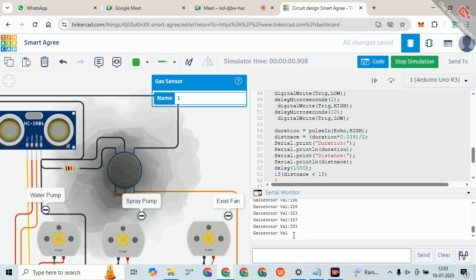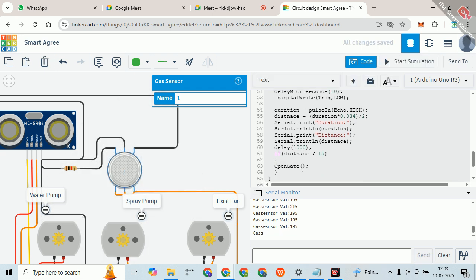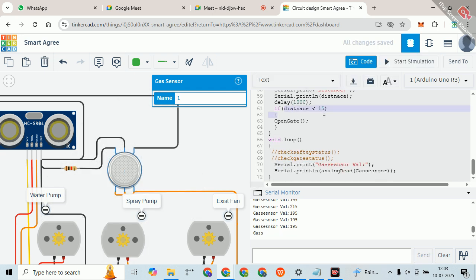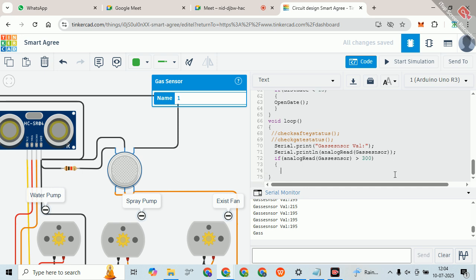The highest value we are getting is 333, 355. Just wait for some time, it will get stabilized. Yeah, above 300 is the highest value we are getting, right? Now what I will do, whenever the value is above 300, like how we did for distance: same way, if analog read of the gas sensor is greater than 300, then I would like to turn on